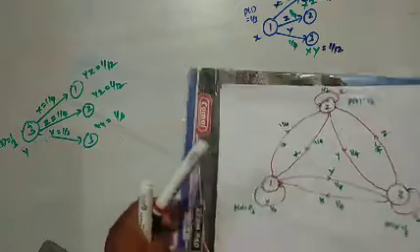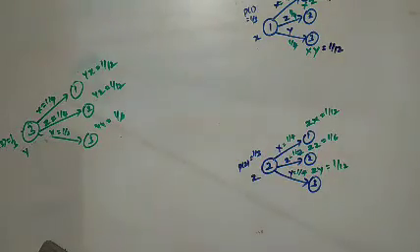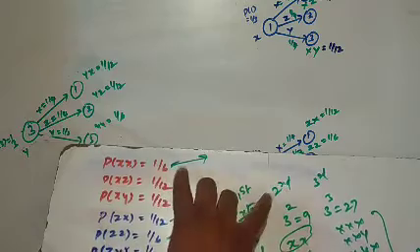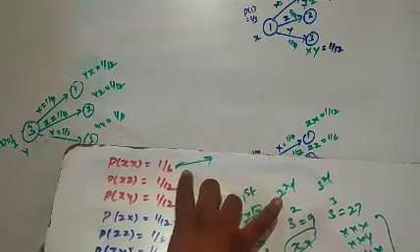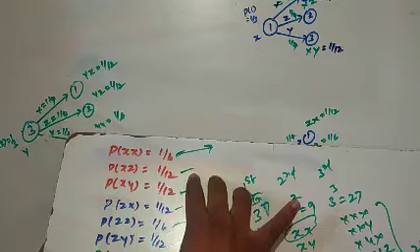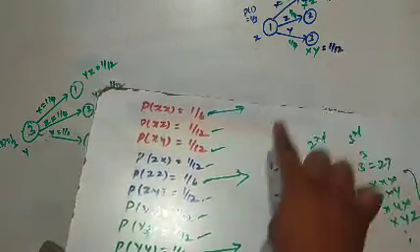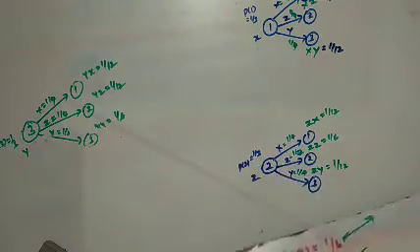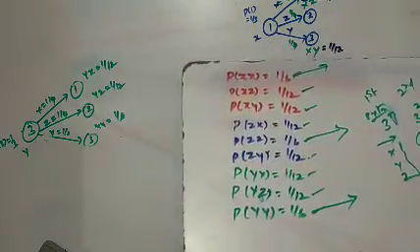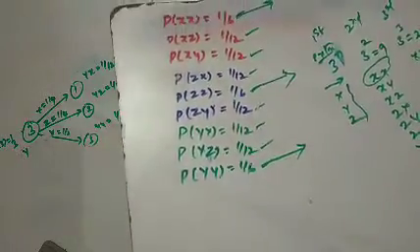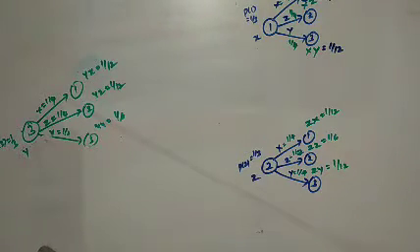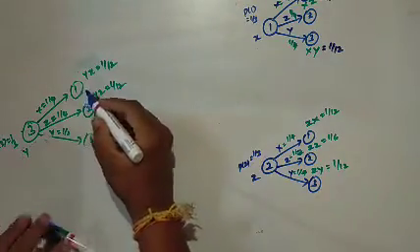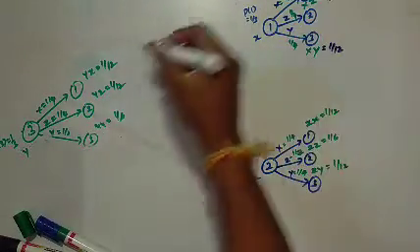See that just now we have solved and written that the probability of occurrence of xx is 1 by 6, xz is 1 by 12, xy is 1 by 12, and here we got all the same values. We have got the same values. Okay, for the third extension, what you have to do is copy and paste here.